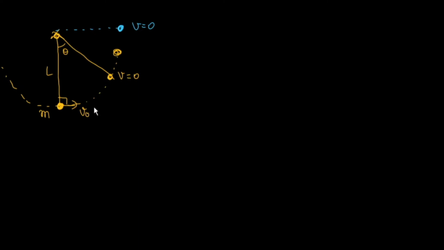Furthermore, if you give high enough velocity, then it may even reach at a higher point here and something will happen. What will happen? We'll learn that. Also, the interesting thing that happens is if the stone is given enough velocity v0, it may happen that this stone might complete the whole circle like this. So what are the conditions for all these things to happen is what we are going to learn in this video.